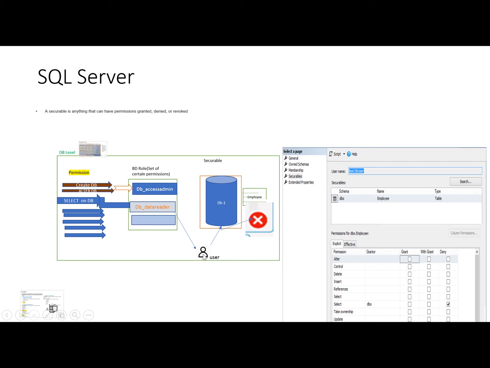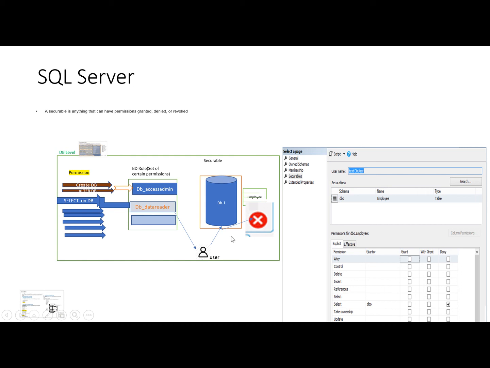These users are authorized to view the salesman, the customers, and the sales, but I want to restrict the employee data. So the employee table is a securable, and I want to secure it from these users. For that, I have to implement some permissions and do some steps to secure this securable.